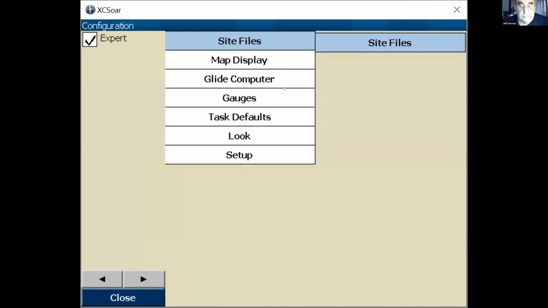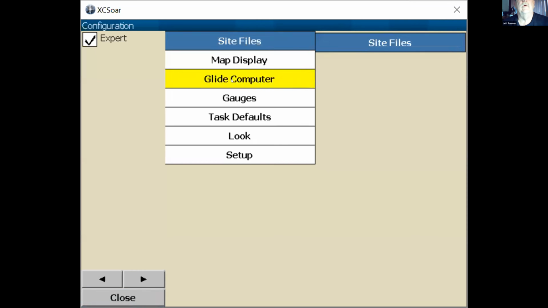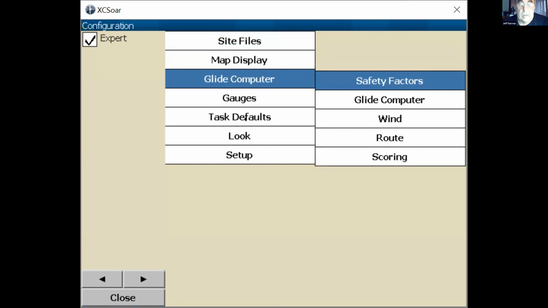Suppose we should have set up your plane first of all too, but anyway. What I'm going through here are really the pretty basic ones that you need to set up.